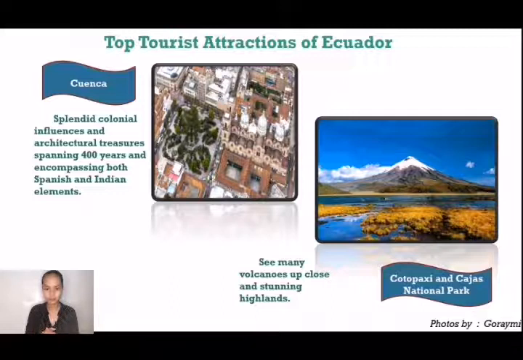Finally, Podocarpus National Park, often referred to as the Botanical Garden of America, offers a diverse range of flora and fauna. Located in the southeast part of the country, its humid mountain forests are home to more than 4,000 species of plants and trees. Some of these specimens are as tall as 40 meters, including the famous Chinchona, Ecuador's national tree.